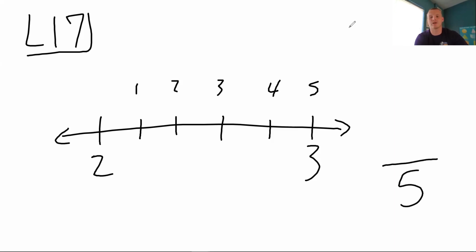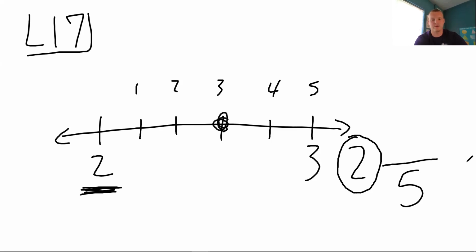So what's our whole number? What's our big number out front, Grace? What's going to be the number right here? Not the numerator, the whole number that'll go right here. So what's this number right here? 2. So it's going to be 2, and I didn't even write the dot down. Yeah, I forgot about that. So 2, and it's at the 3rd tick mark, so it'd be 2 3/5. That's how we would write that